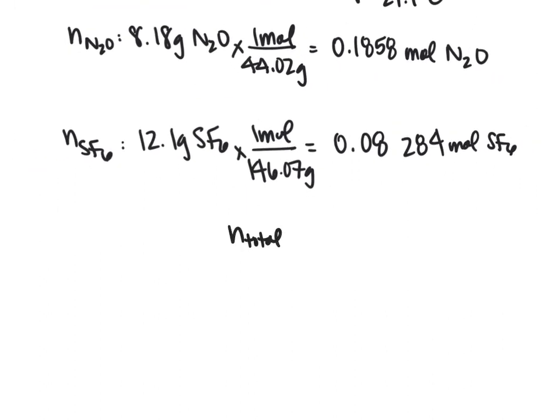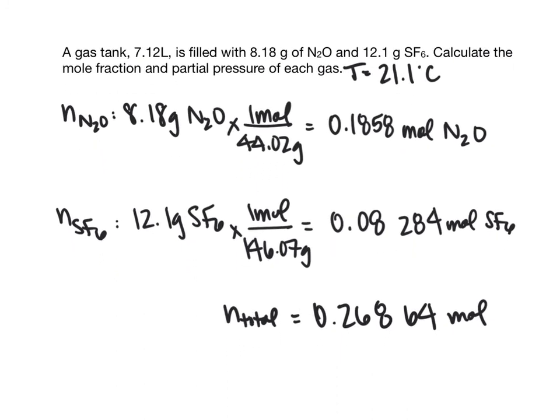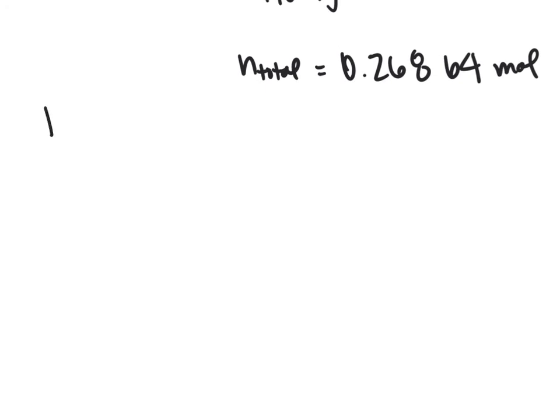So from here, we need to determine n total, which is just the sum of both of these, which is 0.26864 mole. In order to determine the partial pressure and the mole fraction, we actually need to know the total pressure. So P total is n total RT over V,